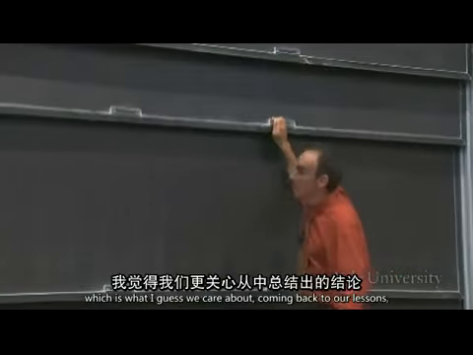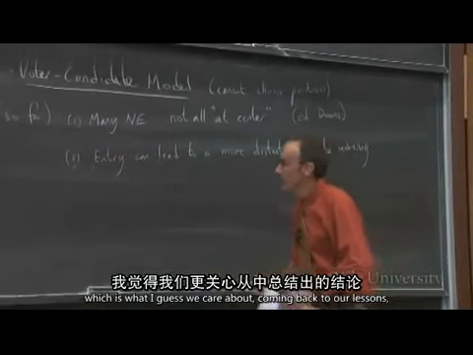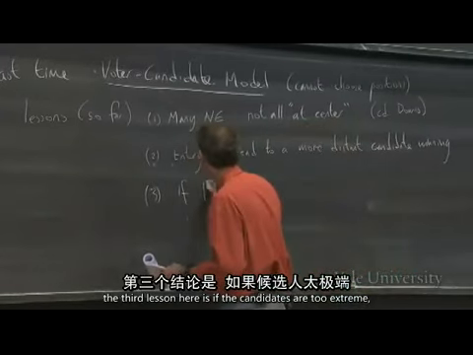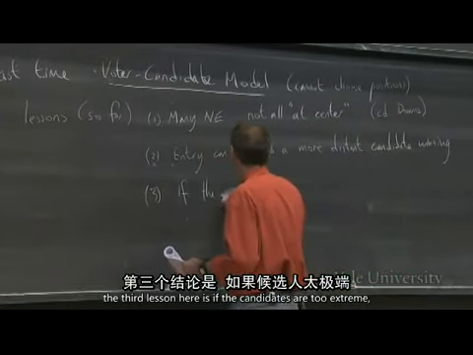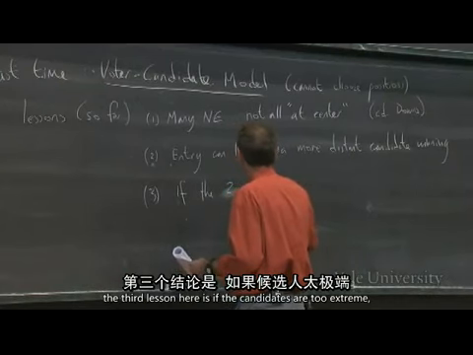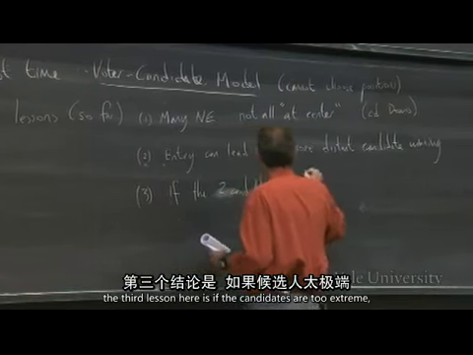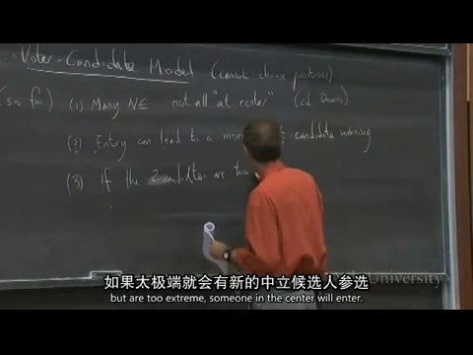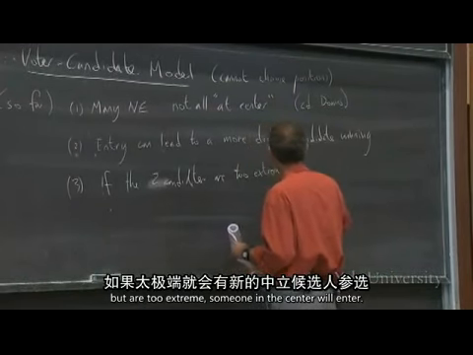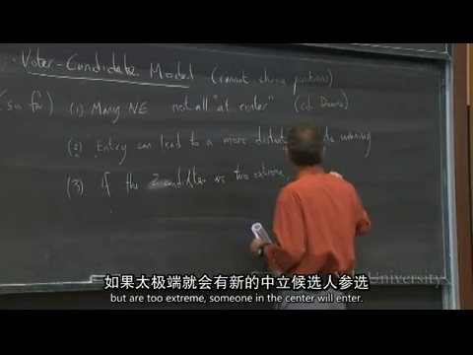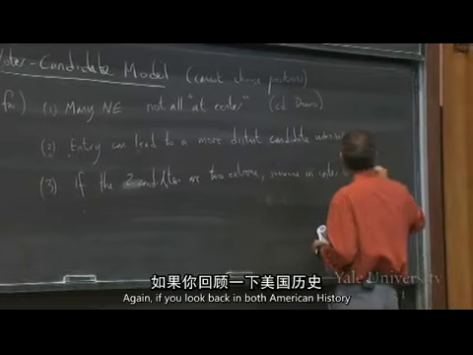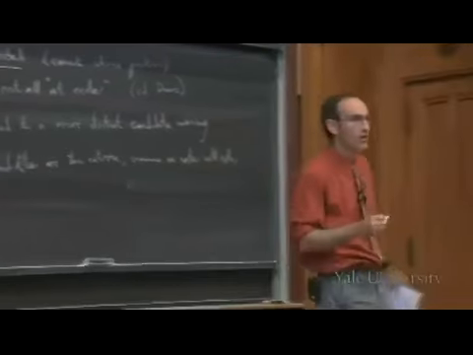But coming back to our lessons, which I guess is what we care about, the third lesson here is, if the two candidates are too extreme, where too extreme in this model meant less than 1/6 and more than 5/6, someone in the center will enter. And again, if you look back in both American history and other countries' history, you'll see that when candidates are perceived to be too far apart,